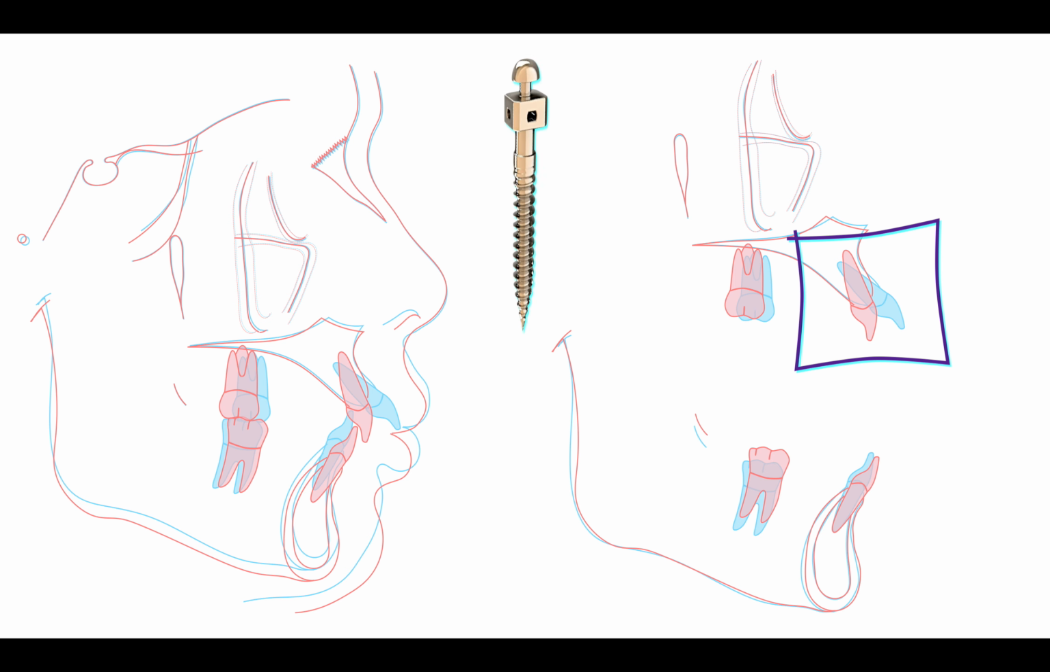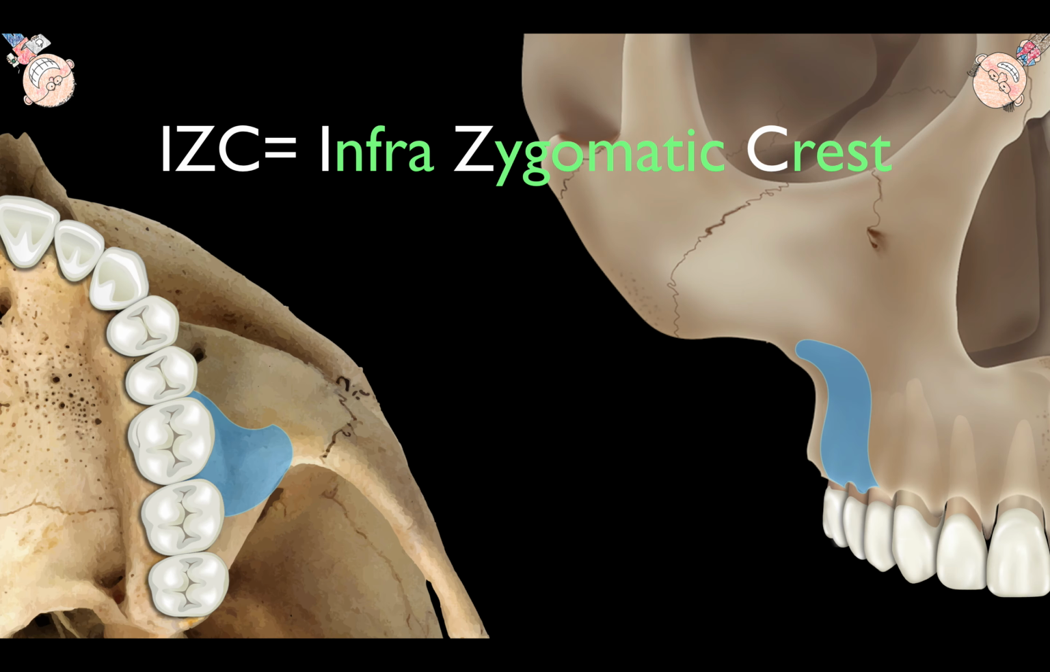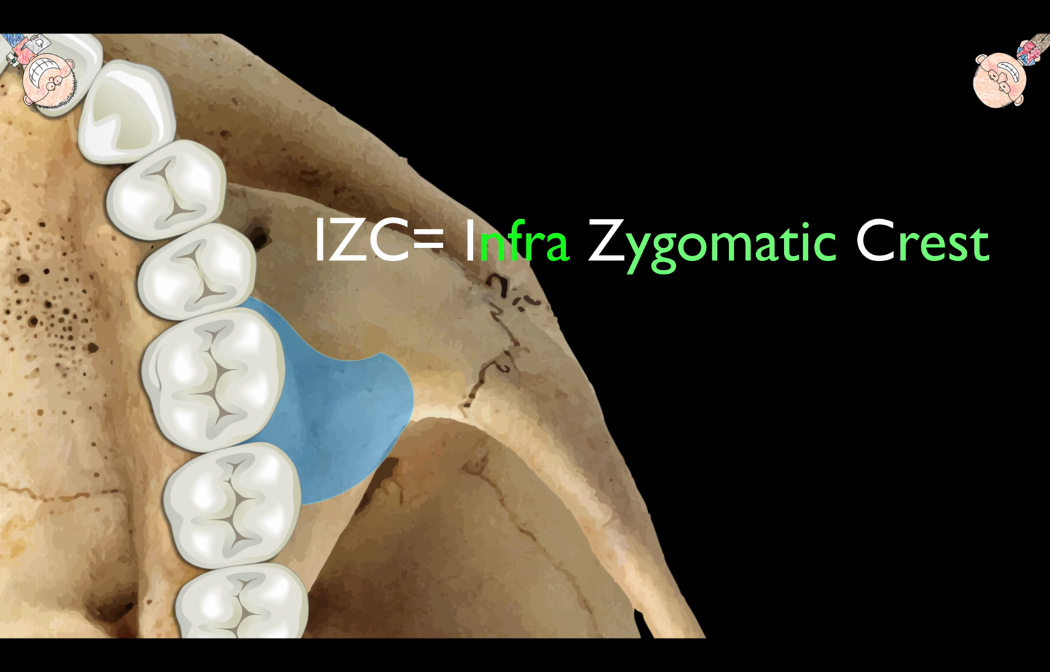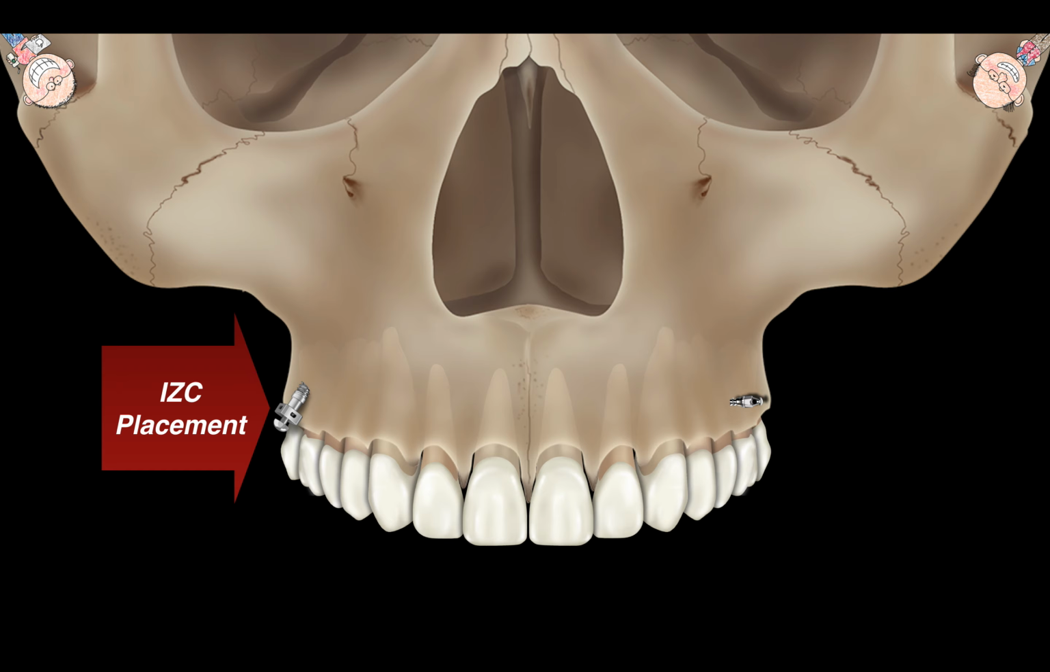Put outside the root, it will enable you to distalize the whole dentition backward. How to move the whole dentition backward in such huge scale with IZC? Let me invite my anatomy friend, Dr. Ramsey, to show you where this IZC is located. It's right here. Plenty of bone for you to put this